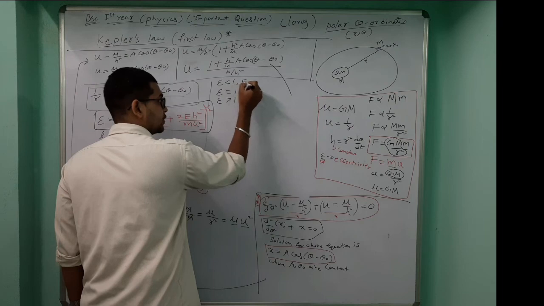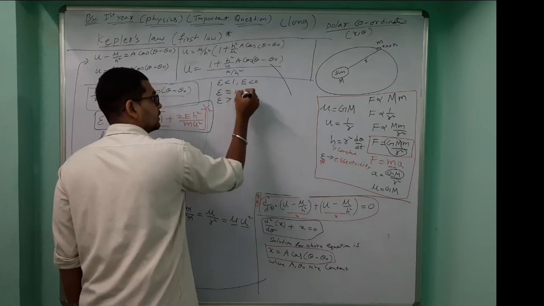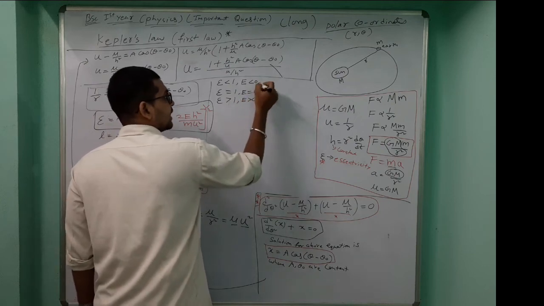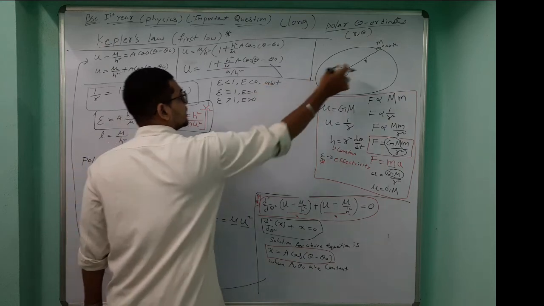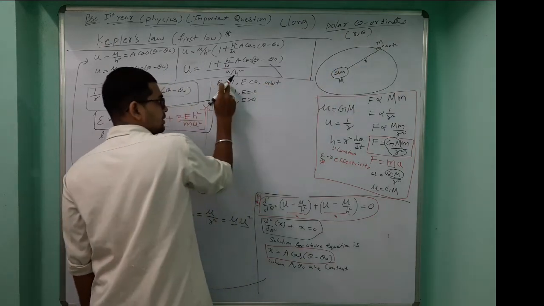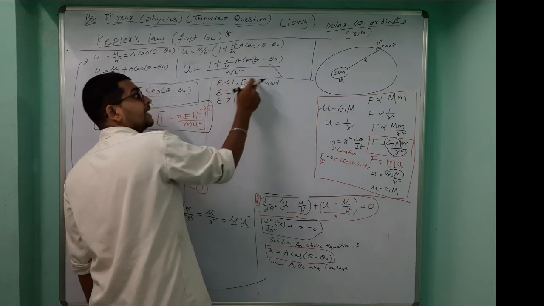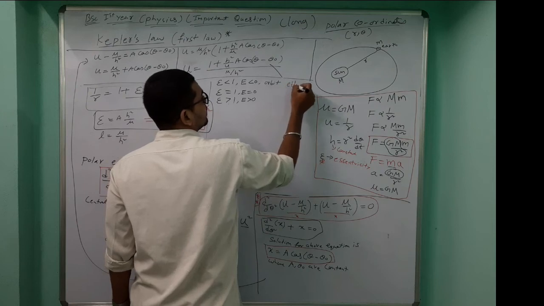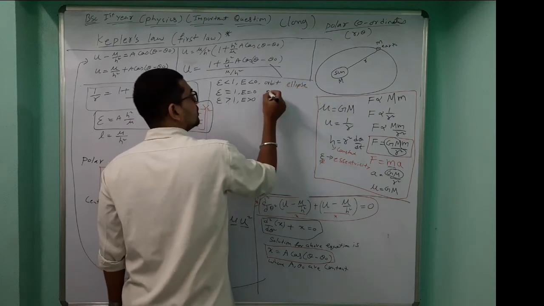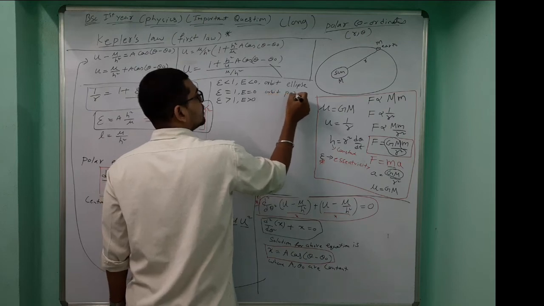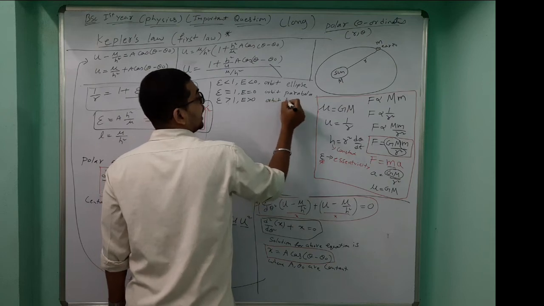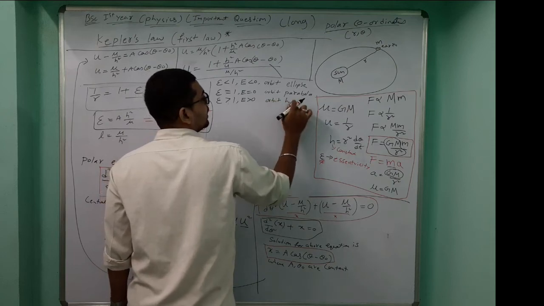So as well as E, energy less than 0, energy equal to 0, energy greater than 0. So this will say as orbit. So we consider this as an orbit which is moving. If the eccentricity is less than 1 and the energy is less than 0, we will say that as it is ellipse. Okay, if it is equal to that one, orbit is parabola. If it is greater than 0, it is hyperbola. Okay, I'll draw the diagram.